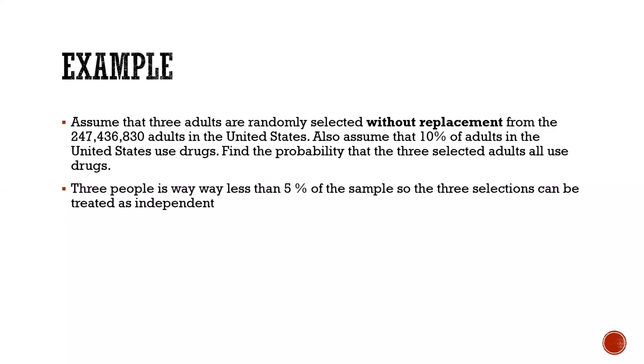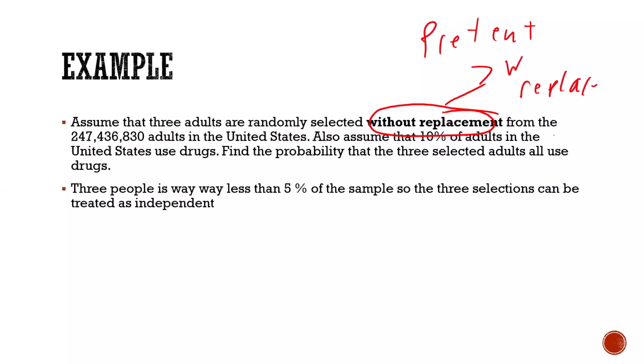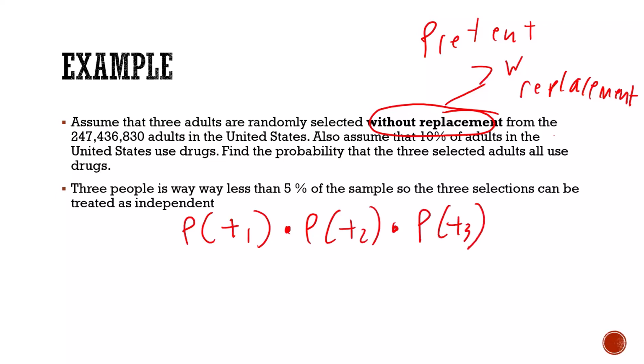So you can assume, even though it's without replacement, we can pretend with replacement. And this assumption allows us to do statistics, right? Otherwise, this would be very hard to calculate. But we can assume, all right, so to find 3 people using drugs, the probability that all 3 are positive is the probability that the first is positive, times the probability that the second's positive, times the third is positive. Technically, these events are all dependent on each other, but just a tiny bit, right? So small. So I could just say 1/10